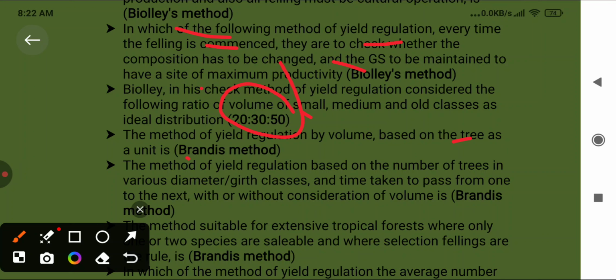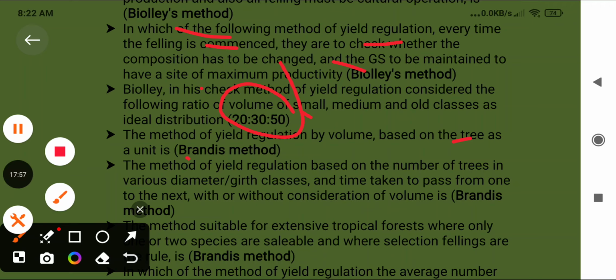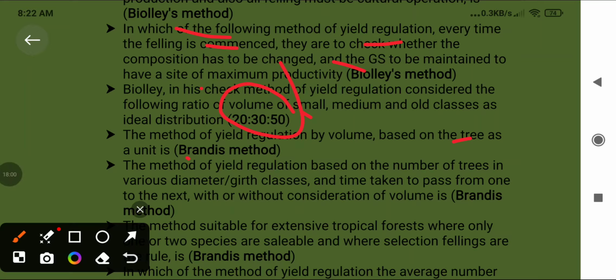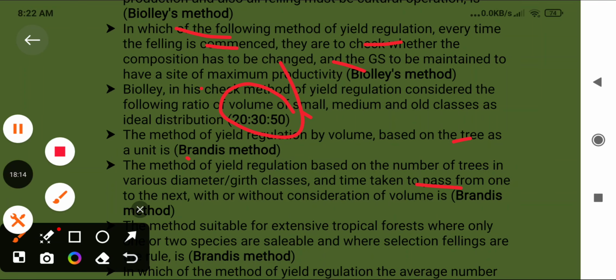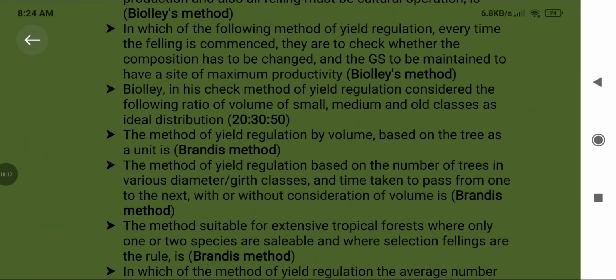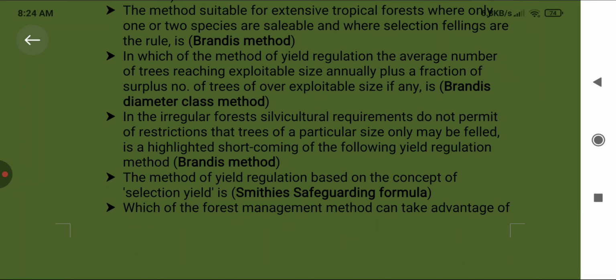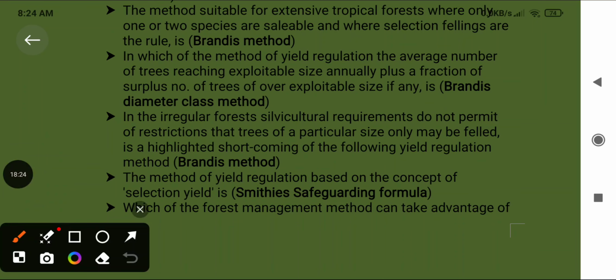The method of yield regulation based on the number of trees in various diameter girth classes and the time taken to pass from one to the next, and the method suitable for extensive tropical forest when only one or two species are sellable and where selection fellings are the rule,